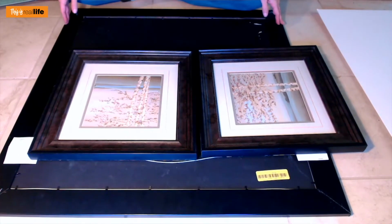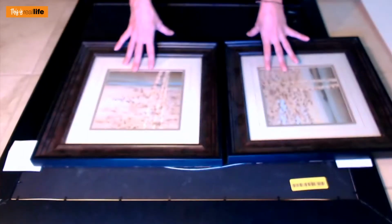Also, while I was at the Goodwill, I found these square frames. And I thought, since my giant square frame is a little smaller than the Pottery Barn frame, and I have an extra piece of mat board because I didn't bother to return it, I figured we can make two smaller ones, and then we could do like a gallery wall of a big one and then two little ones. Now these two little ones, the price was right,